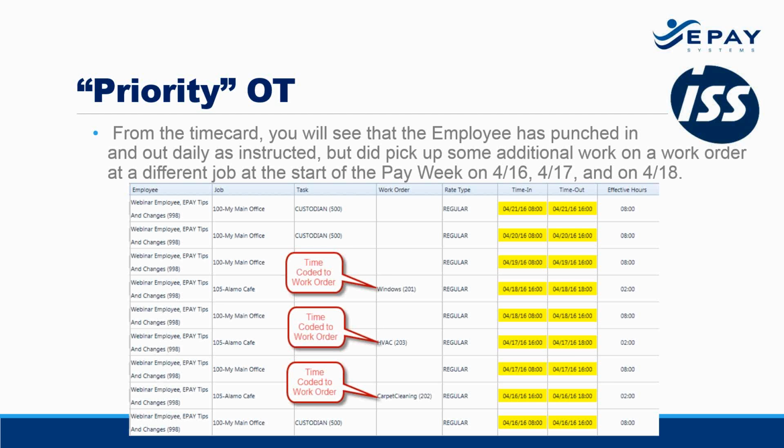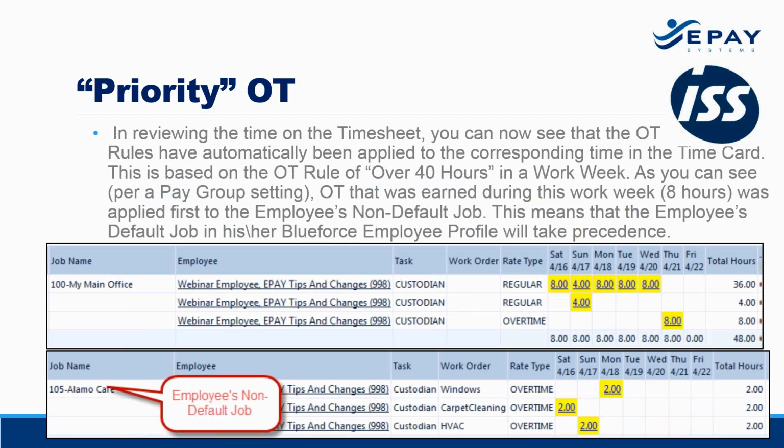Well, that's pretty good. The employee actually punched in and punched out like we wanted him to. And they actually noticed that there are some non-default jobs involved. In this case, the main job is My Main Office, but the non-default job is the Alamo Cafe job that's listed here. So in reviewing the employee's timesheet, you can now see that the overtime rules were calculated automatically